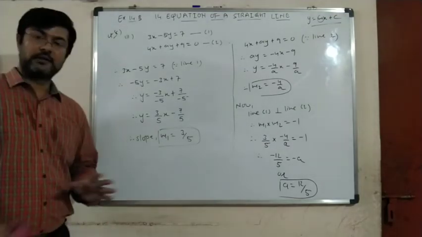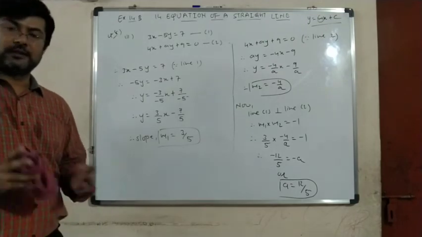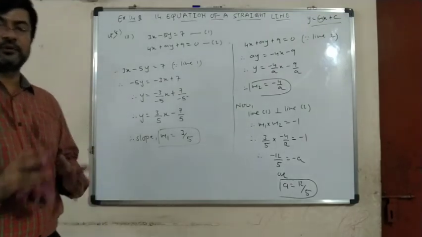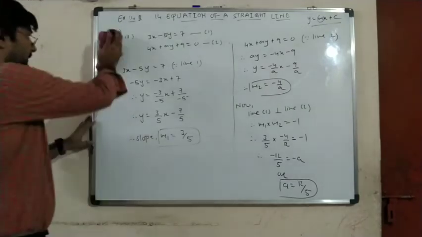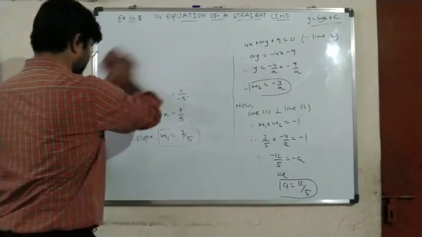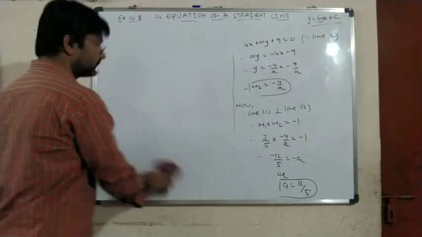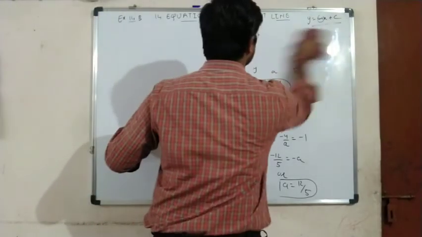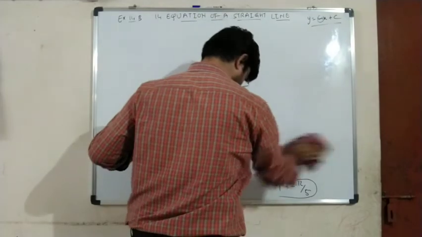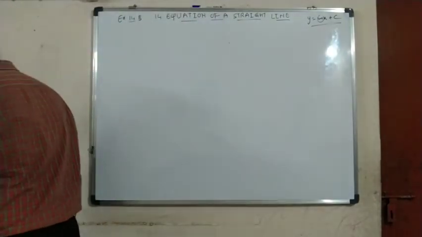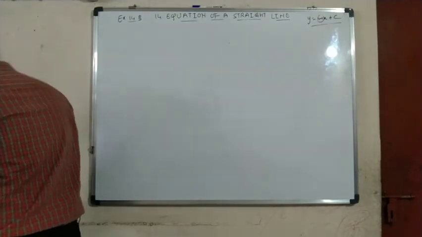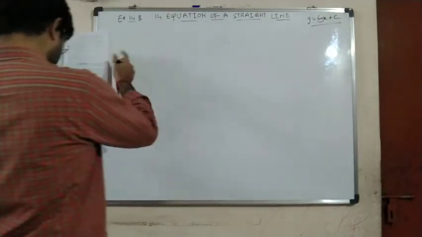I hope you are understanding all the questions. For any doubts you can come to me, you can ask me. Let us solve question number 9 now. Without using Pythagoras theorem,